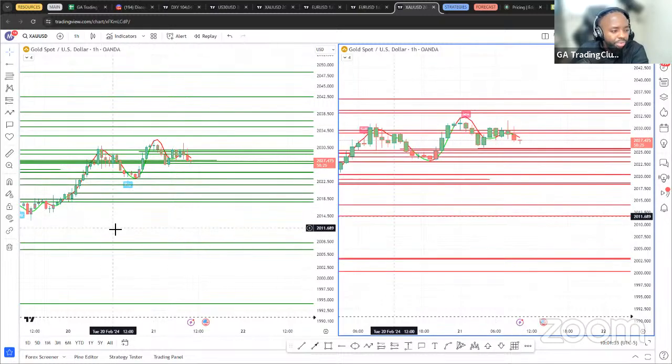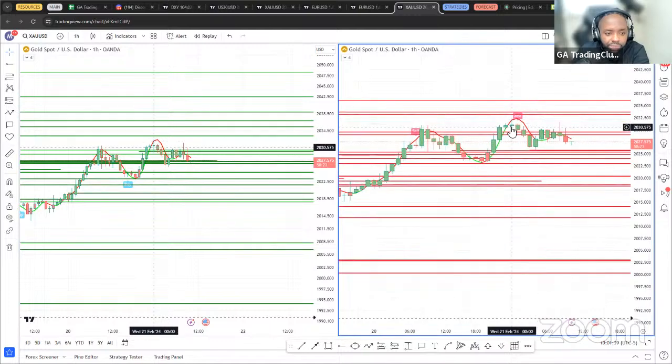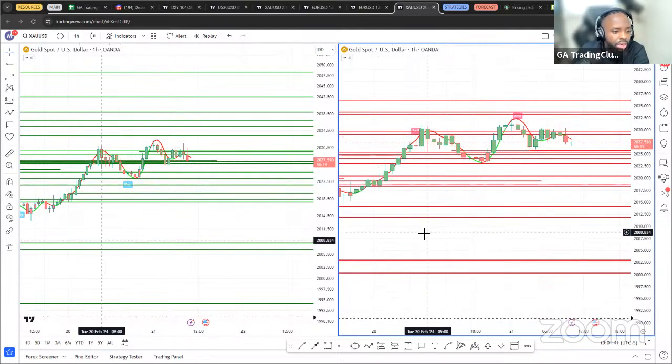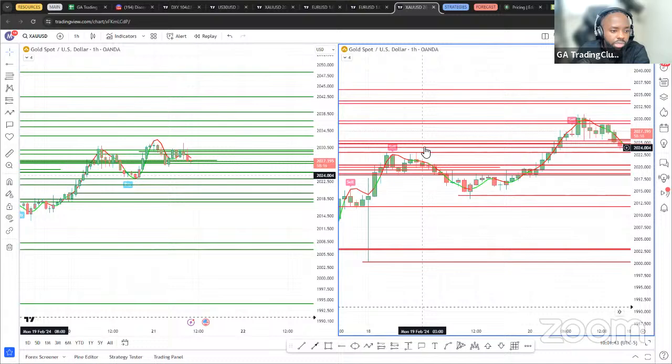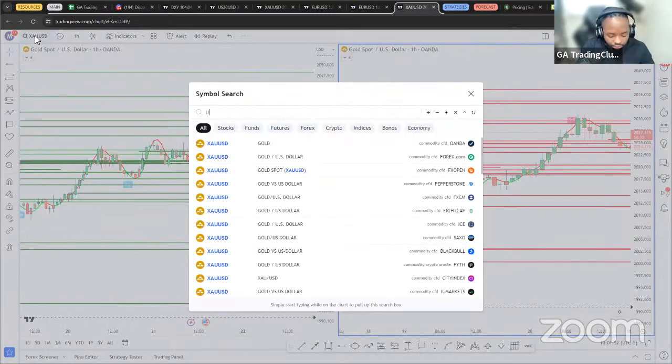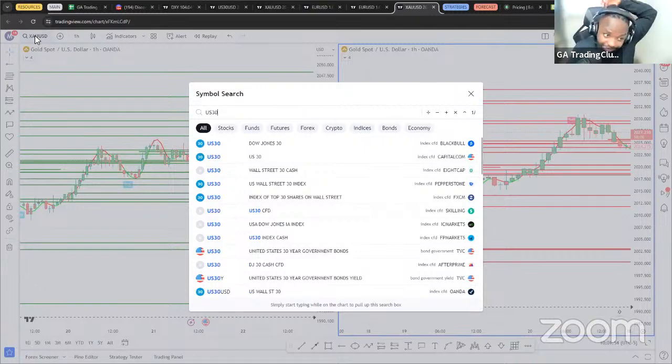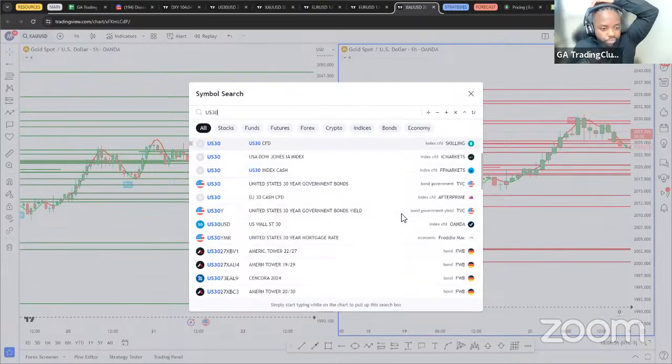On the 1-hour time frame, no valid momentum buy. That's here. No valid momentum sell. This is invalid. This is invalid. This one was valid, and liquidity got taken out and price melted. So nothing on gold. For US 30, for the momentum entries,